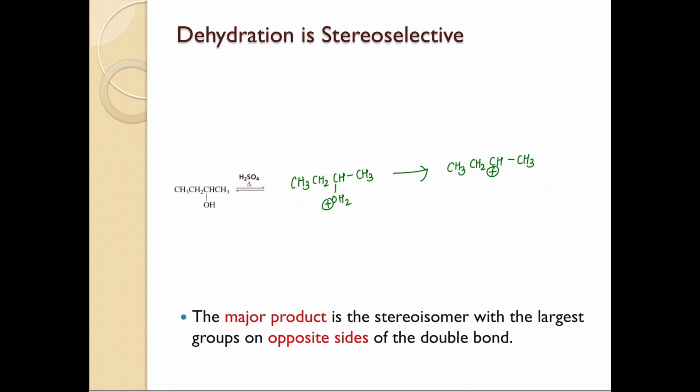This secondary carbocation can actually form two different products when a base comes and abstracts the beta hydrogens. Now let's identify the alpha hydrogen and beta hydrogens. So here are the two beta carbons, and they have some hydrogens on them. If I'm going to abstract this hydrogen, then it's actually going to result in this as the product. And if I'm going to abstract, let me mark this as B1 and B2. If I'm going to abstract the B2 hydrogen, beta 2 hydrogen, then it's going to result in